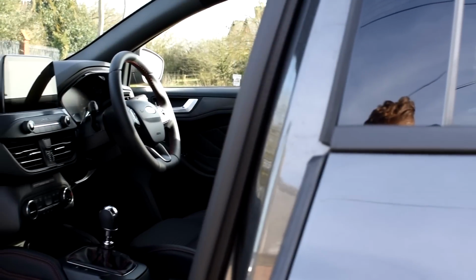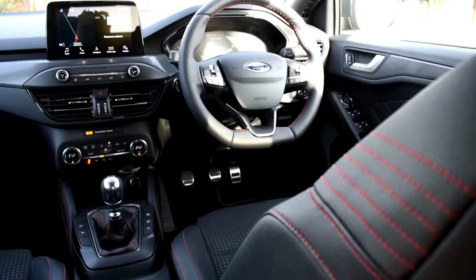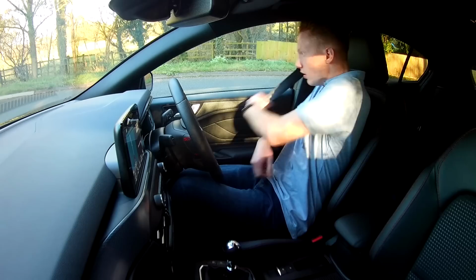As a whole the interior is rather nice, not too plasticky and looks quite smart. The dash isn't overcomplicated and the media system is easy to use. Now let's jump in and see what it's like to drive. Right,